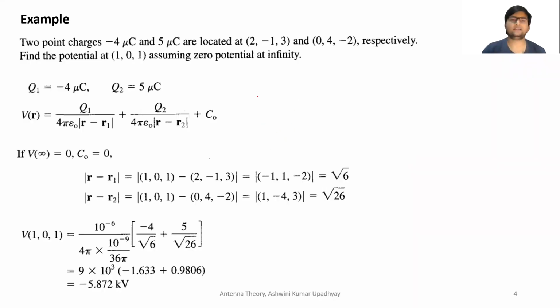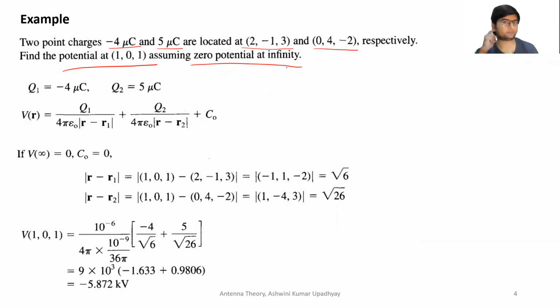Now let us quickly see the example to understand what we have discussed. What is given is that there are 2 point charges of values -4 and 5 microcoulombs, and these charges are located at these 2 points, and clearly it is in the Cartesian coordinate system. And we have to find the potential or voltage at a point, which is given by 101, assuming zero